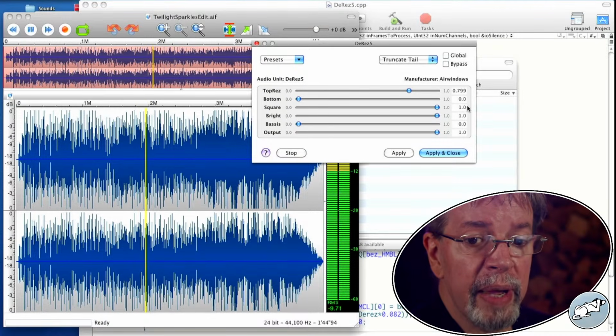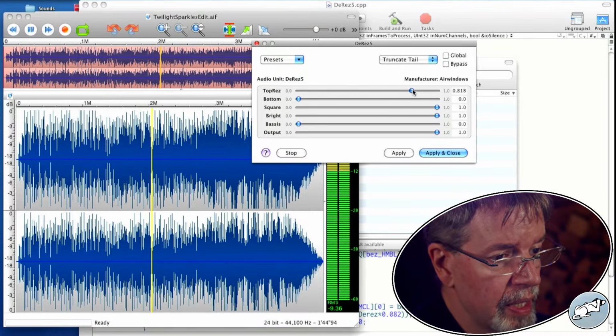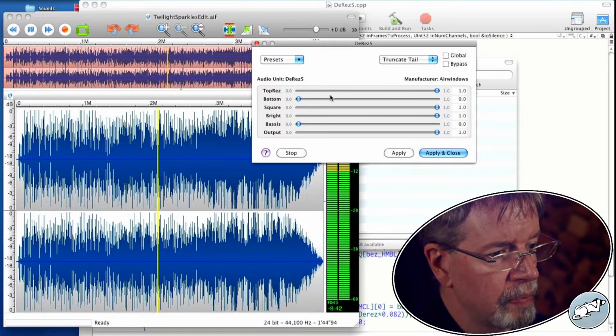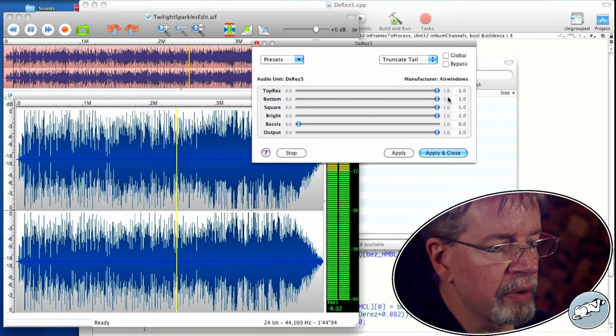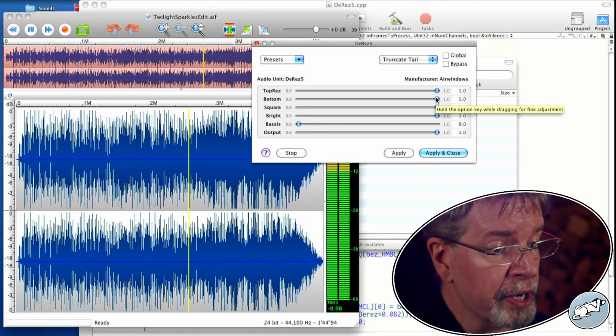We can brighten it up by making it all square waves. Boy, volume really jumps up when we do this. That's probably not correct.